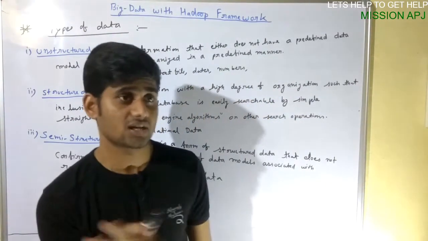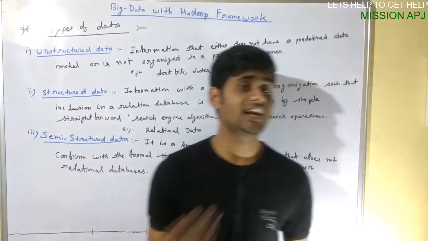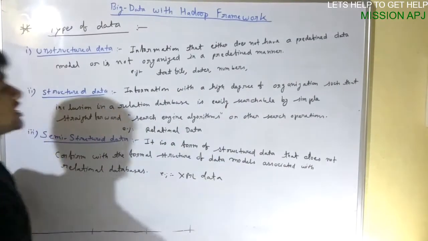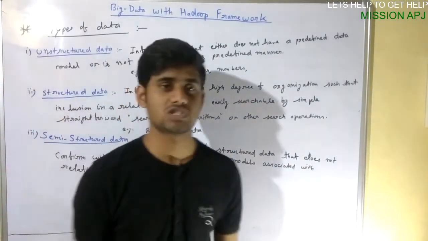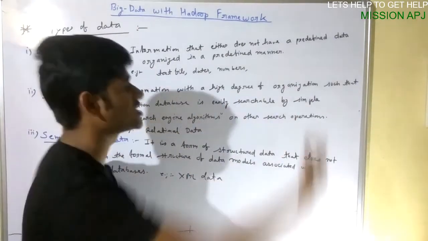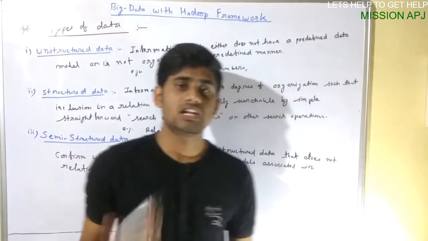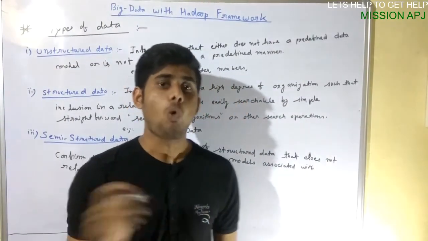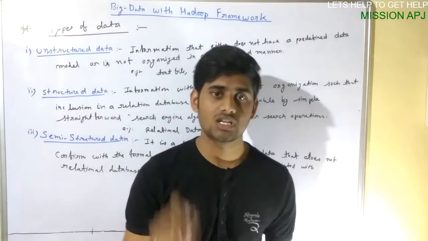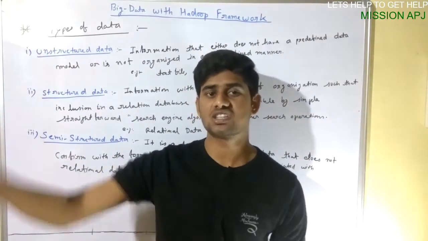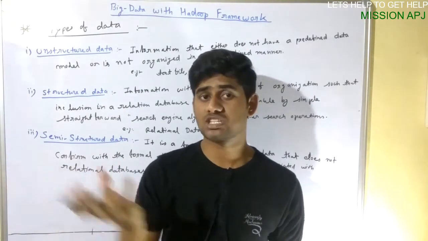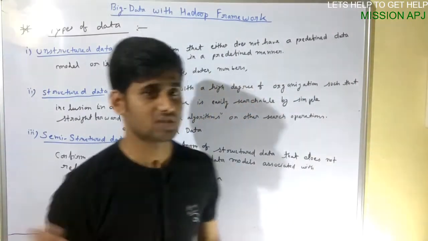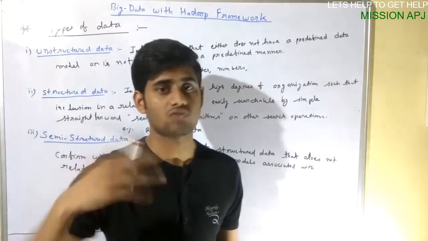So we say that this is relational data, and we store relational data in an RDBMS, a relational database management system. Structured data means data which is related to each other and which has a very high degree of organization. High degree of organization means the data we are storing will have some tag with it, so that we can identify what the data is about. So we can get the information. It is not like text is stored and we have no idea what the text resembles and gives us as info. Without any tag, that text does not have any meaning, so that will be unstructured.